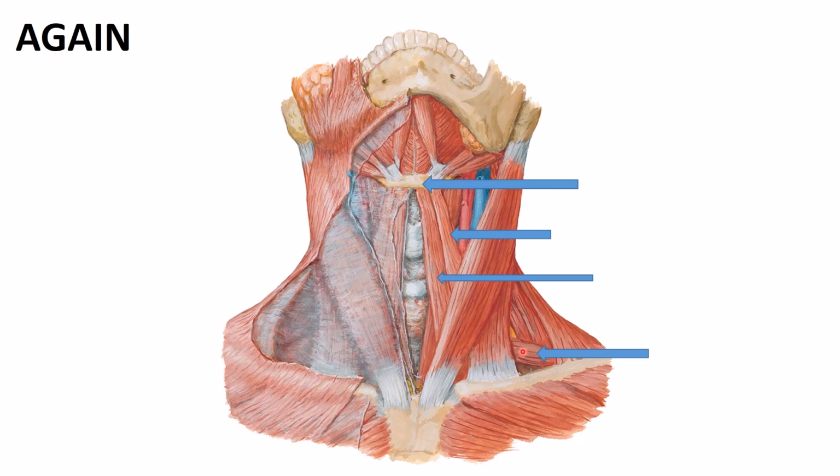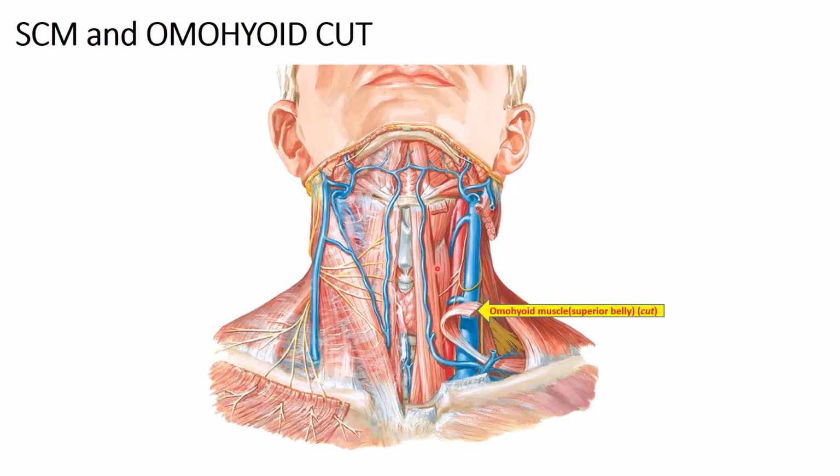Okay, here in this photo we cannot see the intermediate tendon because it lies behind the sternocleidomastoid muscle, but we can see the superior belly and the inferior belly. The intermediate tendon will just be here, just behind the sternocleidomastoid muscle. And here, just medial to the omohyoid muscle, we found the sternohyoid. So we have omohyoid and sternohyoid. Okay. And this is, of course, the hyoid bone, and of course, this is the clavicle.